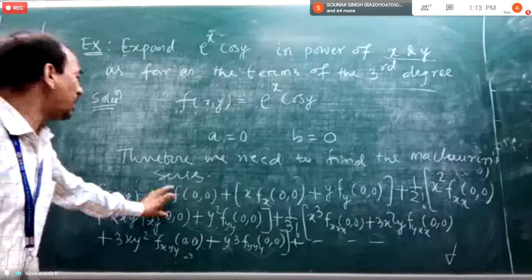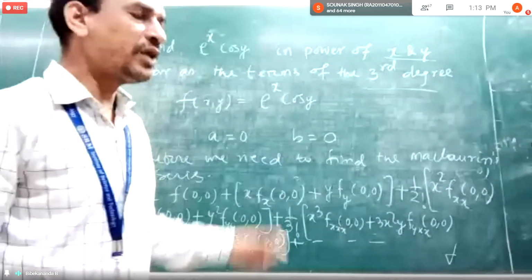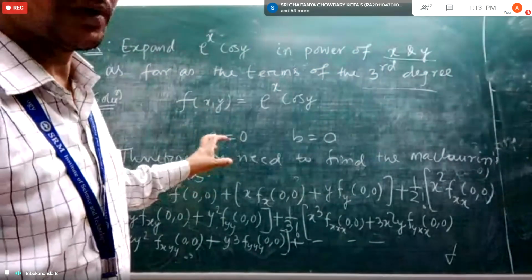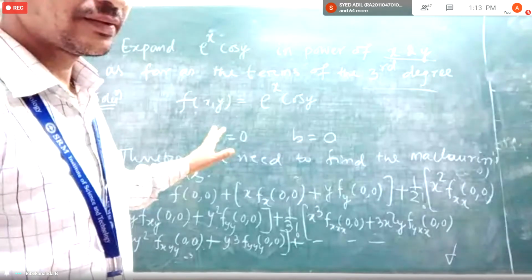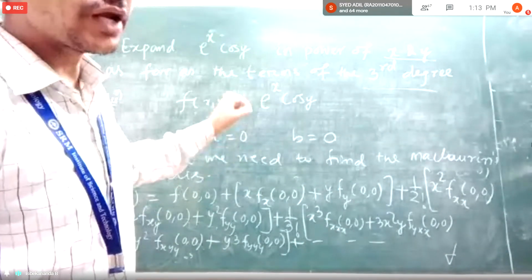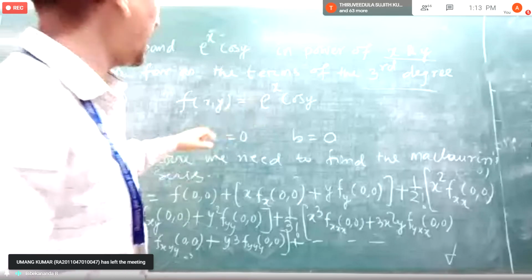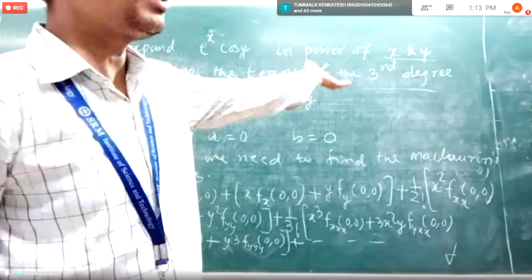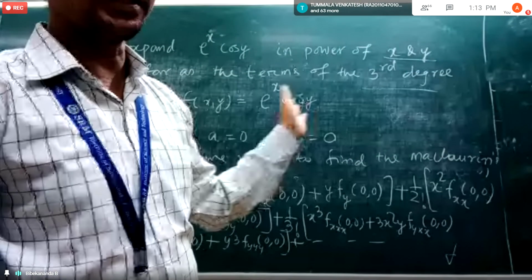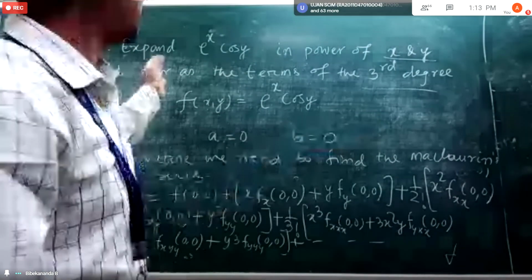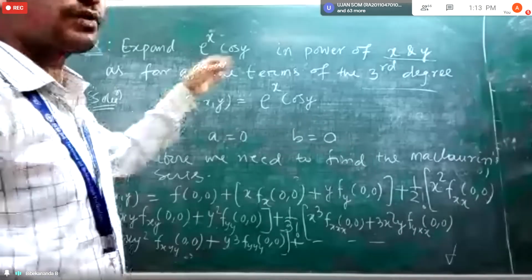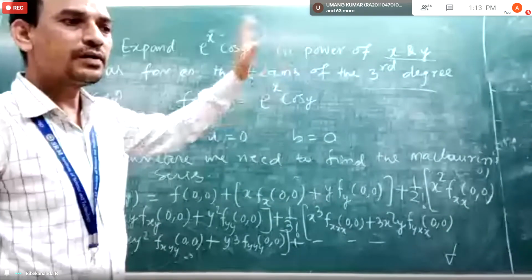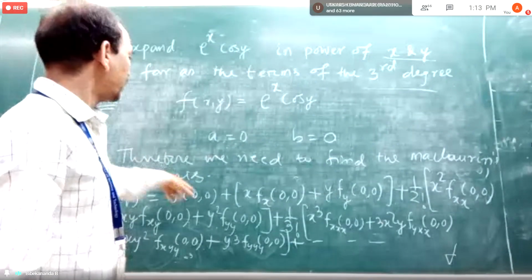So this is the Maclaurin formula. Why are we writing the Maclaurin formula? Because we are finding the series about the origin. Sometimes like this we will give, and sometimes it will be given some other way. We will do another problem, the same style problem, but the question will be in a different way. Okay, so this is the formula.